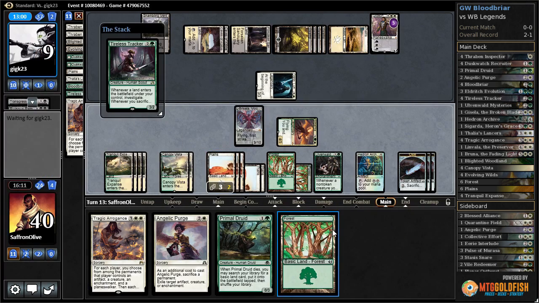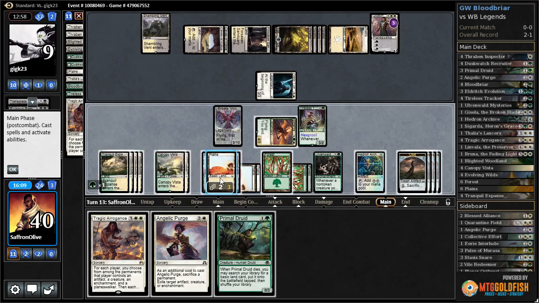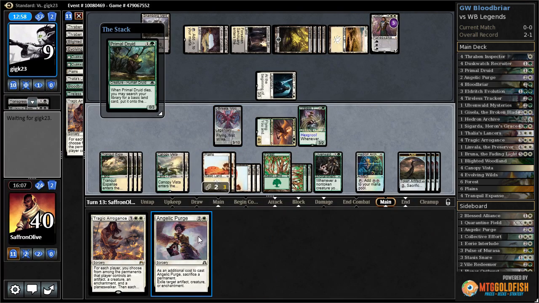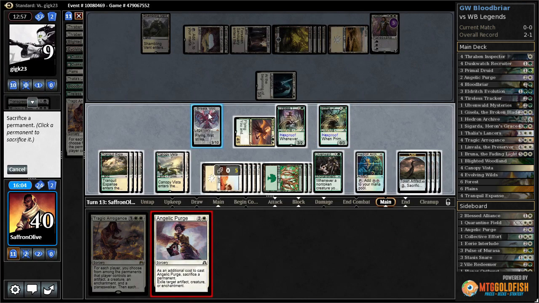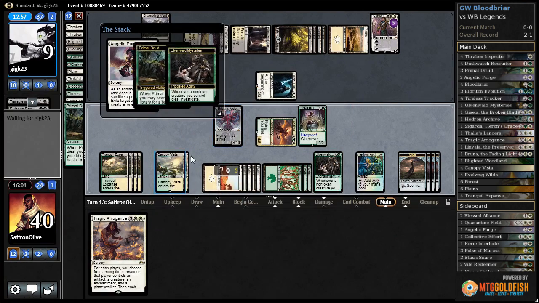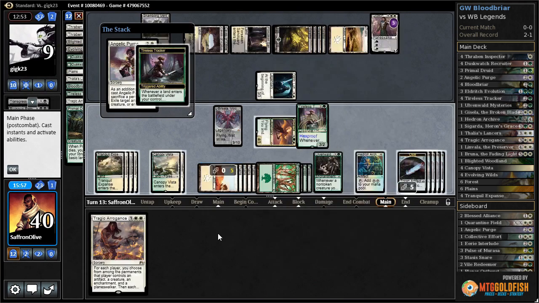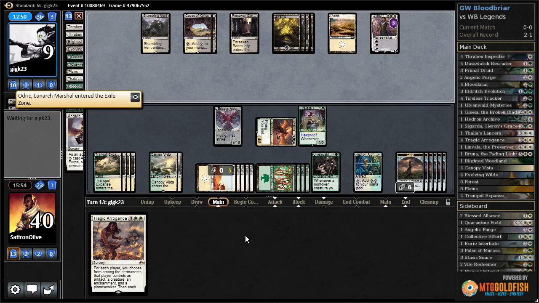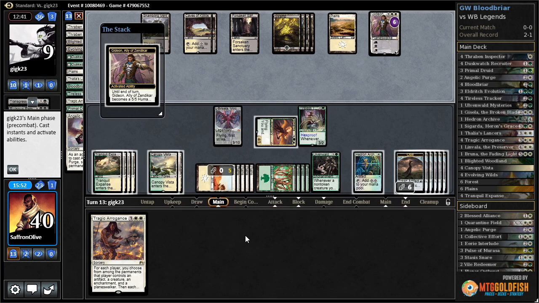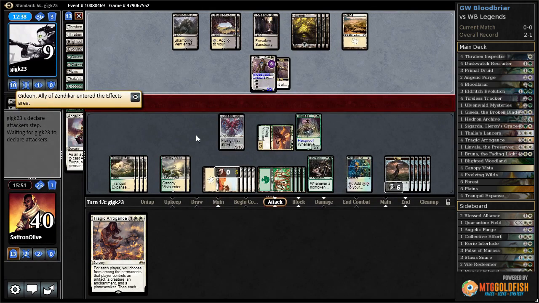Tireless Tracker. Forest, get a clue. Primal Druid. Might as well get rid of this Odric just in case. Sack Primal Druid. Get a 1/1, get a clue. Get a land. And we'll pass the turn. Well, I feel like we're in good shape. Opponent gonna get frisky with Gideon. Hopefully gain us...